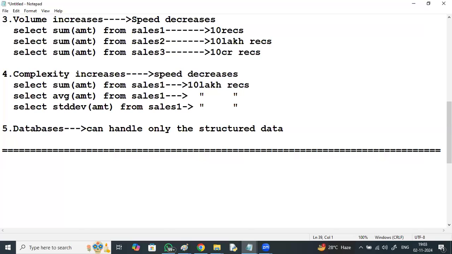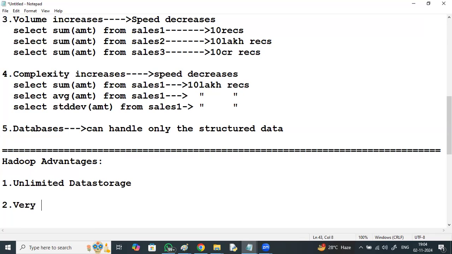Now, the Hadoop advantages. First, unlimited data storage is possible. Secondly, very high speed processing because of parallel processing.